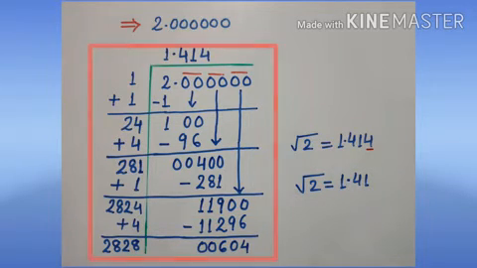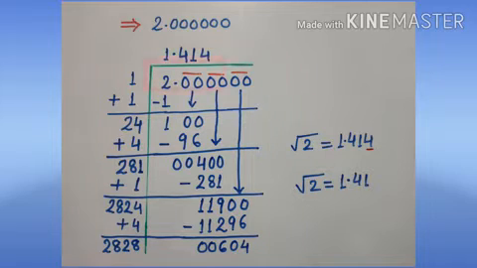And then we will find the square root of 2.000000 by the long division method. Here we will stop at the 3 places of decimal only, as we need to answer the square root of 2 up to 2 decimal places. Square root of 2, we got 1.414. After rounding off up to 2 decimal places, we get the square root of 2 as 1.41.